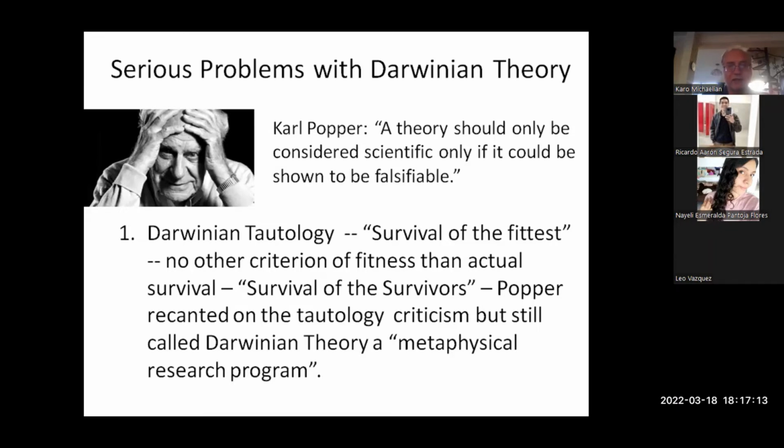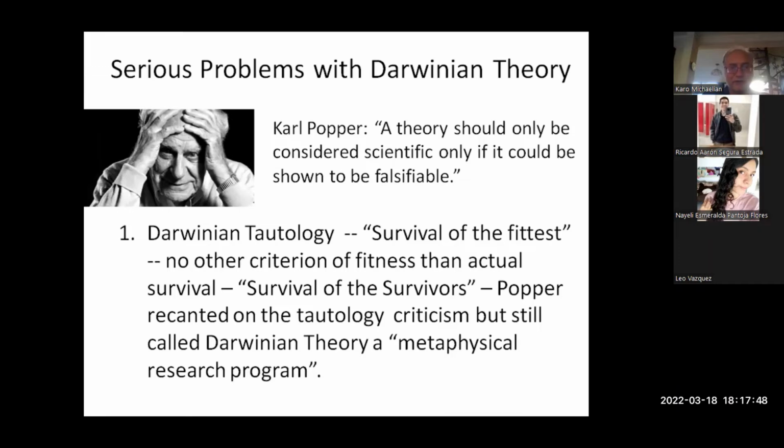And that's a basic tenet now considered in science, that a theory should be able to be falsified. You should be able to show that there is some way that you can prove that your theory is not correct, in principle at least, no? And better in practice, if you can do an experiment to show that the theory is not correct. But his major concern was that there was tautology in the theory of Darwin.